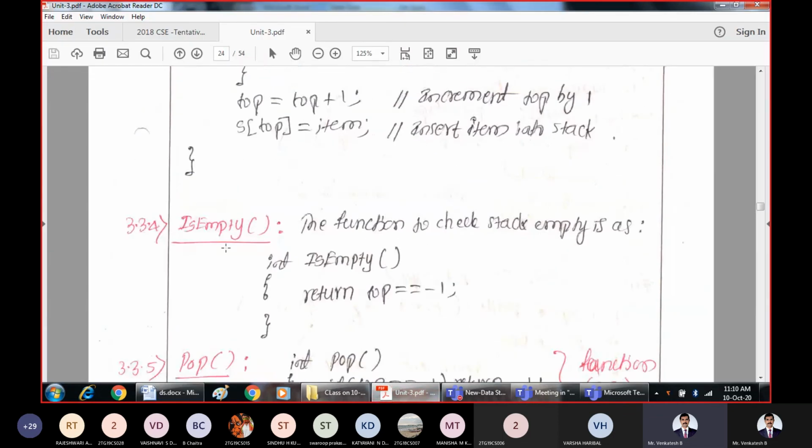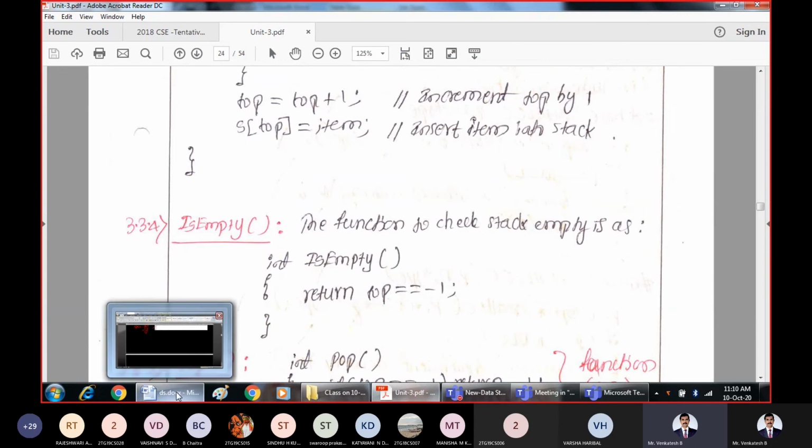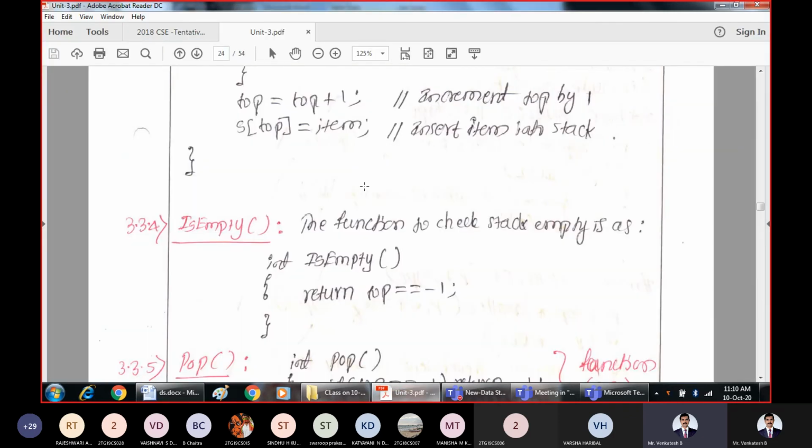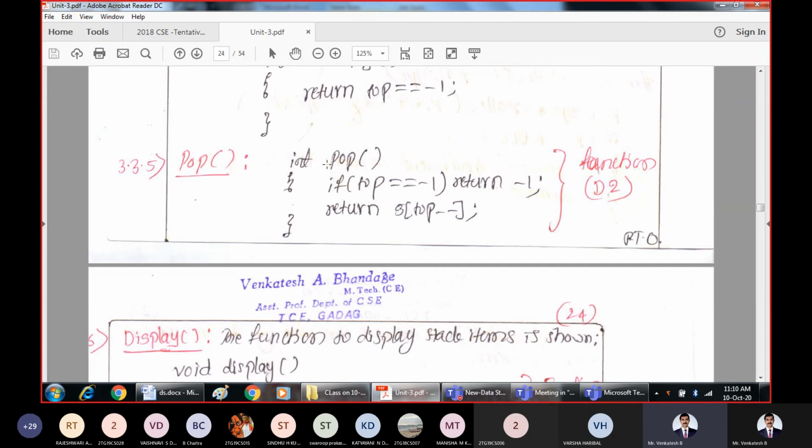And remaining is empty is also same, because when we say stack is empty whenever top is pointing to -1. If top is pointing to -1 at the bottom, then we say it as empty. And as usual, pop, we follow the same procedure. If top is equal to -1, we will simply return -1, saying that there are no elements. If there are no elements, then we cannot pop the elements. But if there are some elements, just take the topmost element, then decrement the top by 1. Same like how we do in case of normal stack.